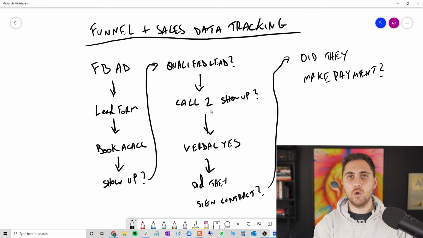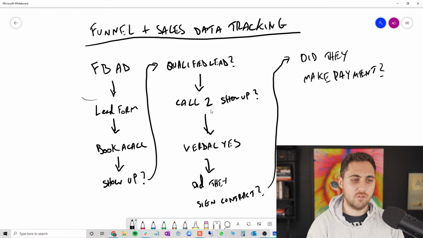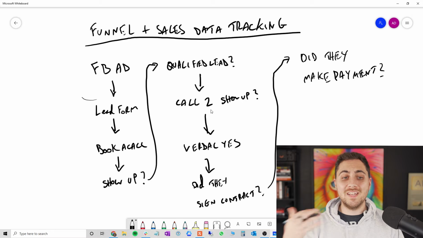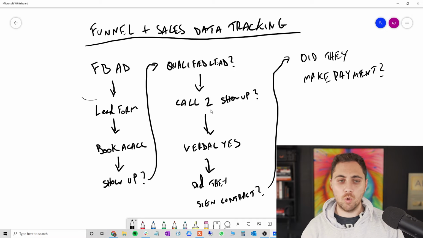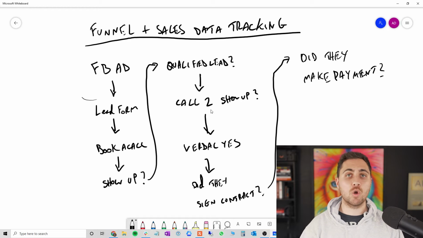So this is the whole funnel essentially to get a client, right? You've got Facebook ads, that then goes to a lead form. The lead form goes to a book a call. Then once they book a call, does the lead actually show up to the call? If the lead shows up to the call, are they a qualified lead? If they are a qualified lead and you book a call 2 with them, let's say that's the sales cycle you have,